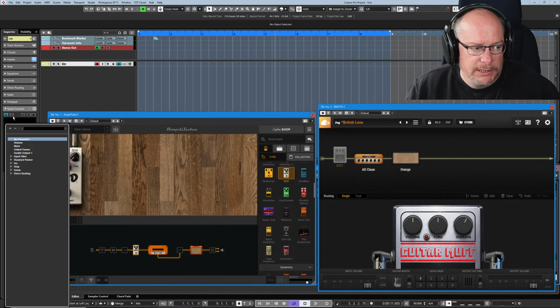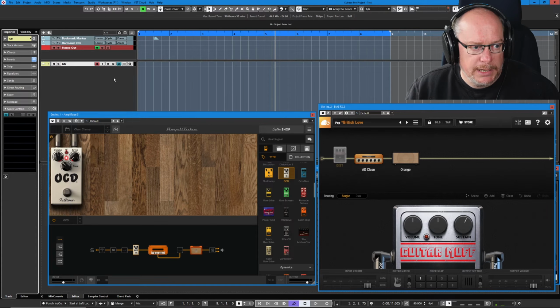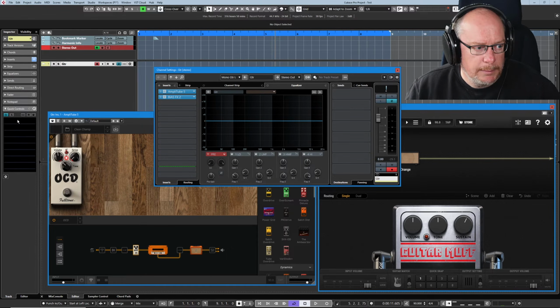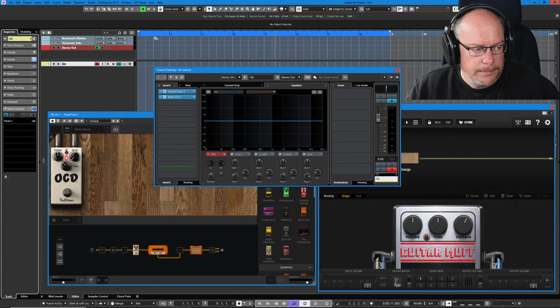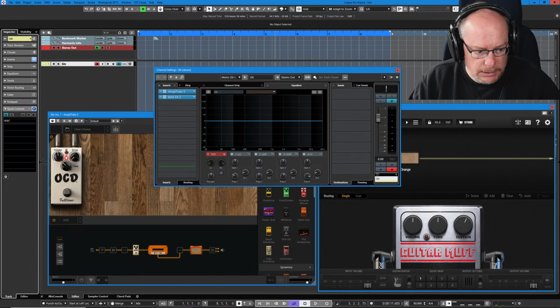I'll do them both manually so that you can see what I'm doing. I've clicked in track slot number 1. I head into the inserts. Insert number 1 is the amplitude. I'll just show you again. Here's insert slot number 1, amplitude. There it is, and it's param 1. You can rename these, so that's OCD overdrive. And in slot number 2,